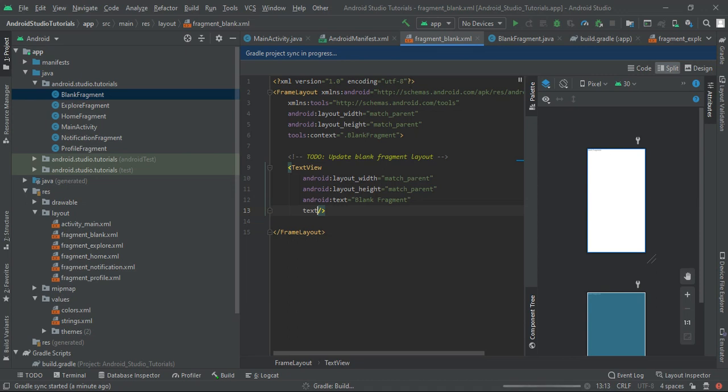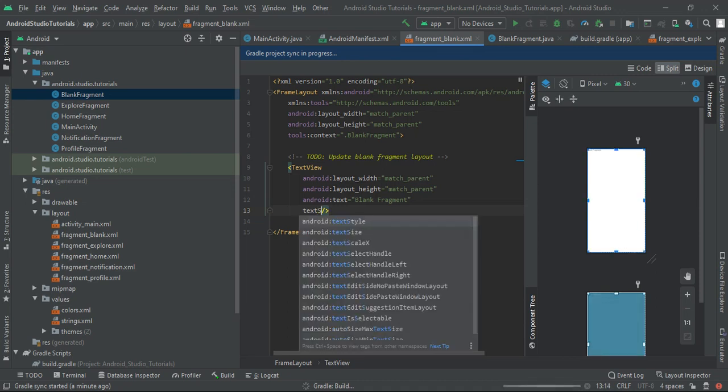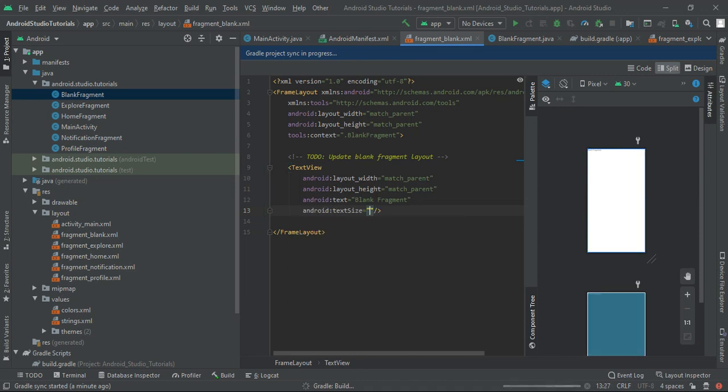Text size will be 24 sp, and you can customize it as per your need. I am writing 24 sp, and now I am going to write text color.